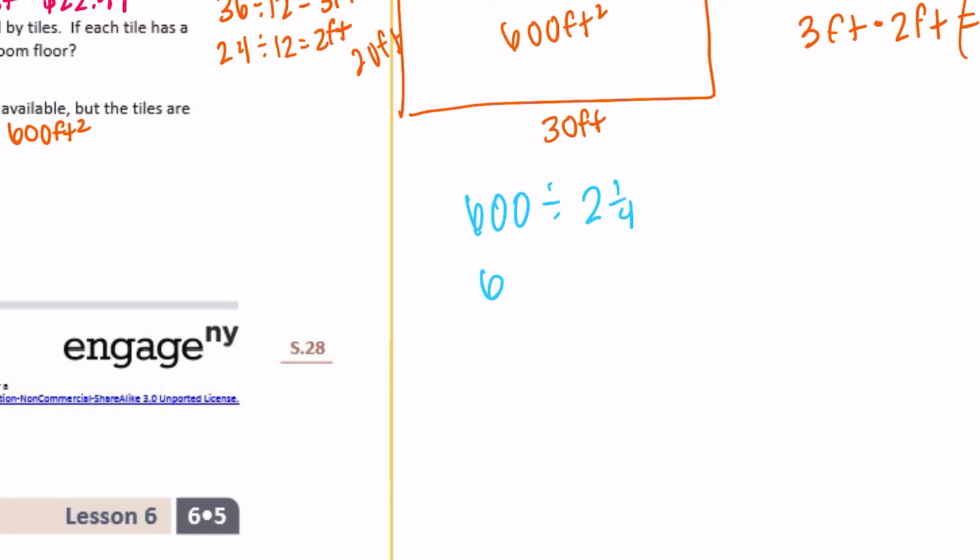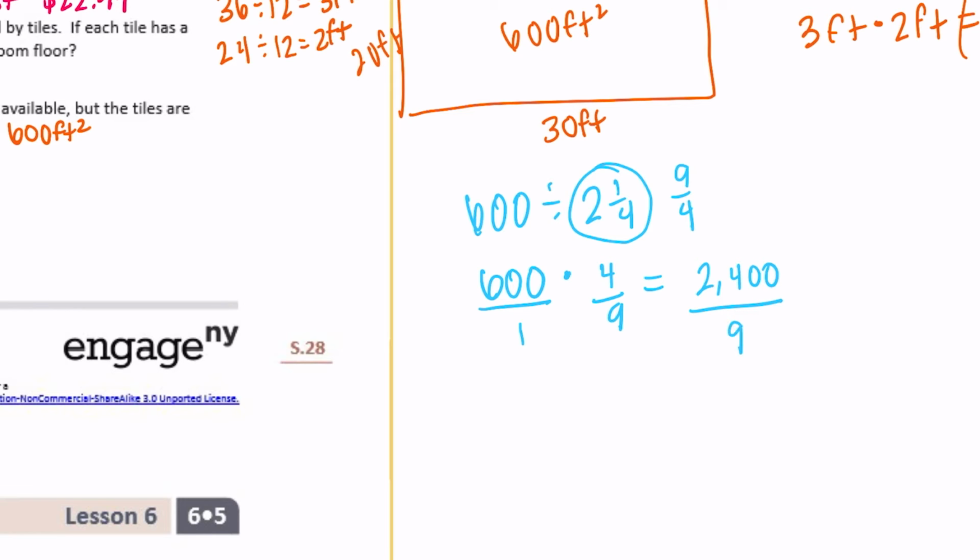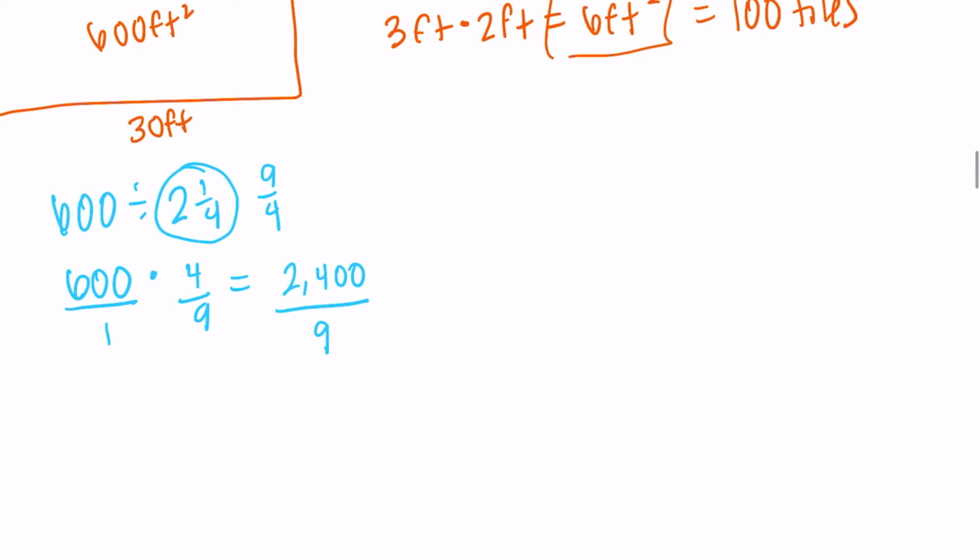So 600, I'm going to take the second number, so 2 1/4, I'm going to make that back into 9/4 so that I can flip it and multiply. So times 4 over 9. I'll make that 600 over 1 to make that a fraction too. So 600 times 4 is 2,400 ninths, and now I'm just going to do 2,400